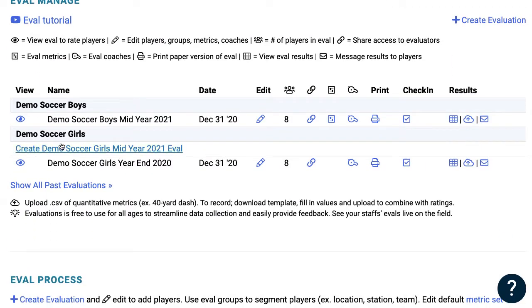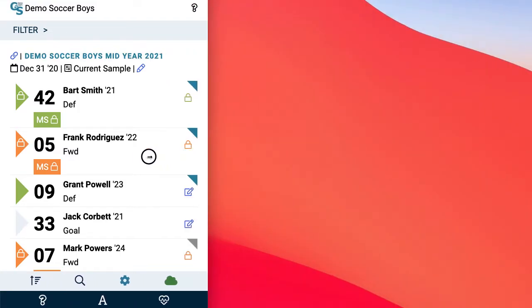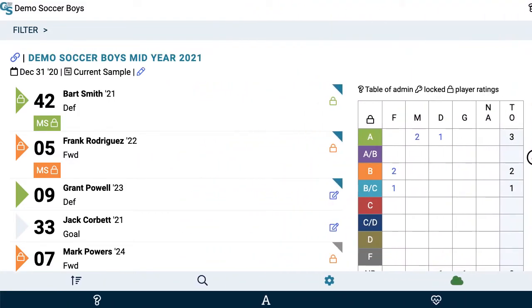If I come down here and expand and click the eye to view an evaluation, we'll see what this looks like, and obviously this changes based on whether you're on your phone, iPad, etc. The key thing is that you're going to see live in the evaluation what your other coaches are saying. So here we have the initials of another coach, Mike, and we're going to be able to see what that